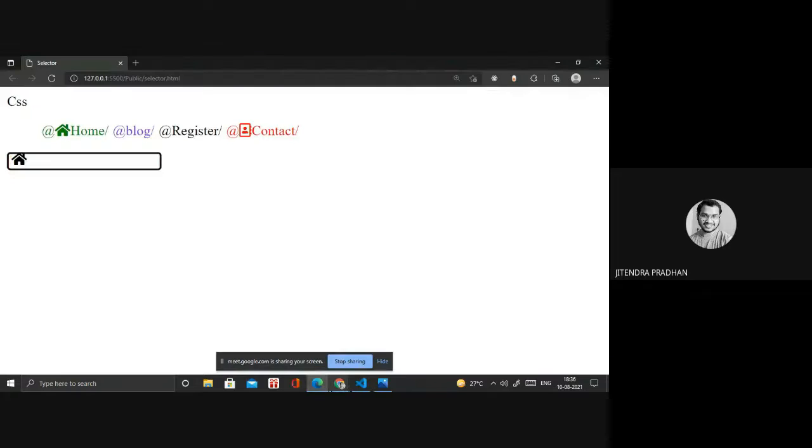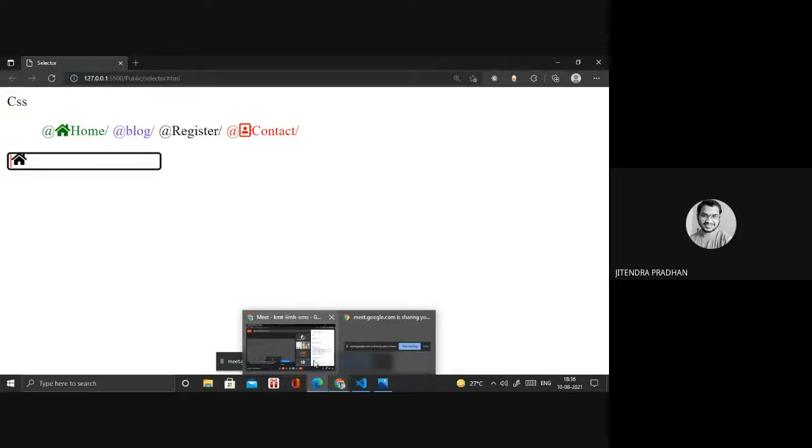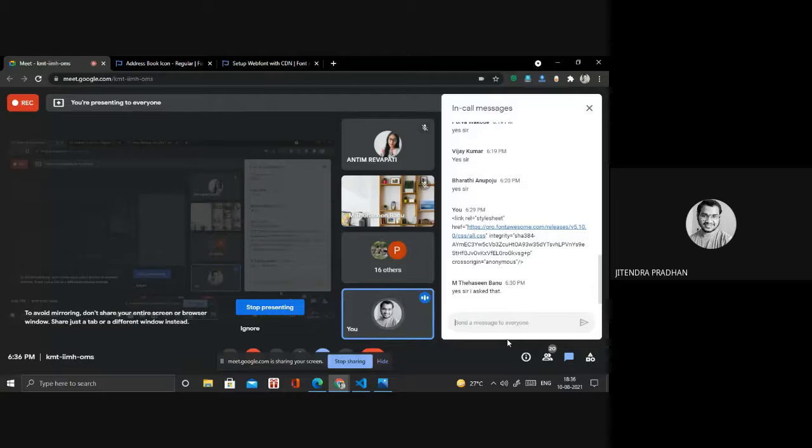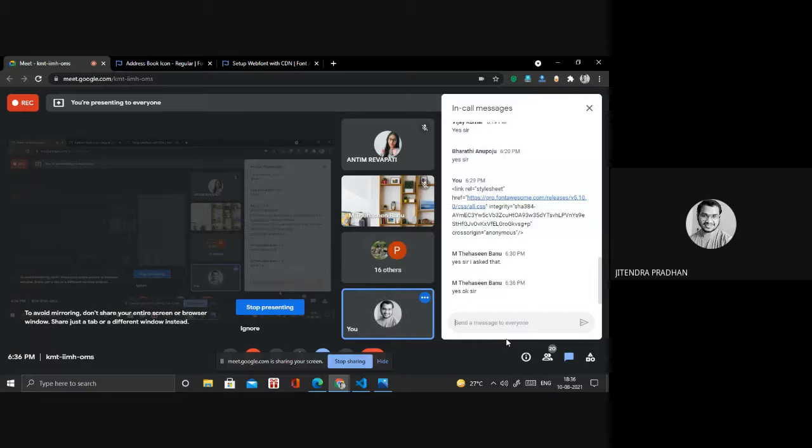Banu, have you understood how we are applying an icon inside the box? Okay, I will show you how the cursor will be according to your requirement. How do you move that particular cursor in between, or inside, or the middle of the box, or the left side of the box, whatever you want. According to that, you can change. Okay, I will show you tomorrow how we are designing that. Okay.